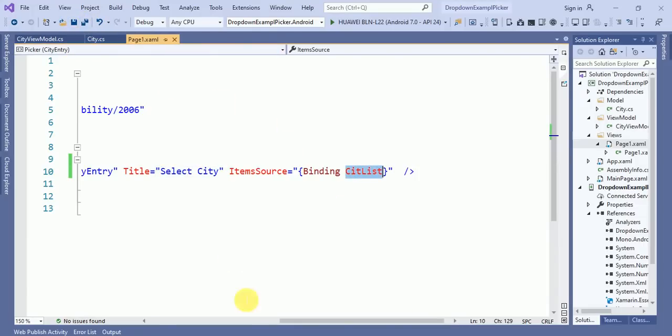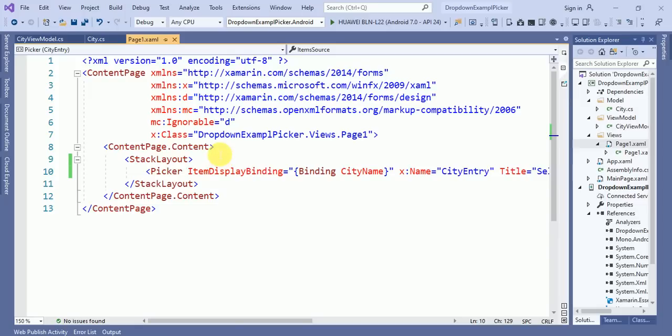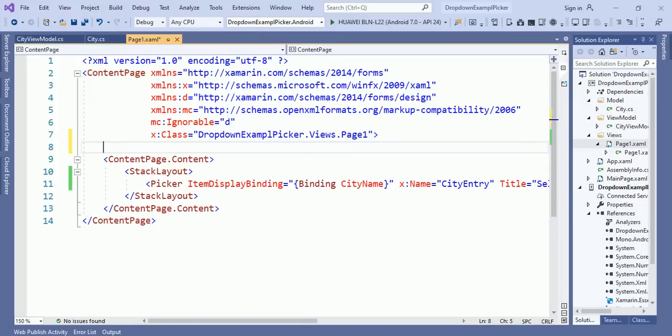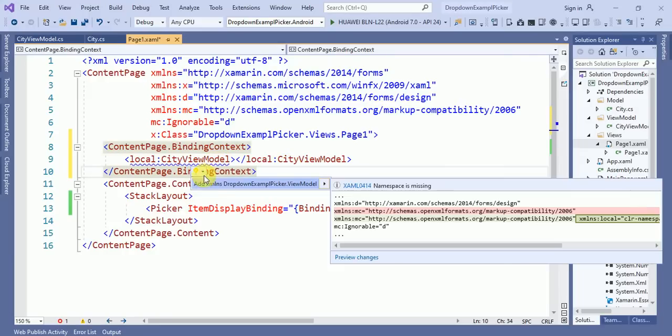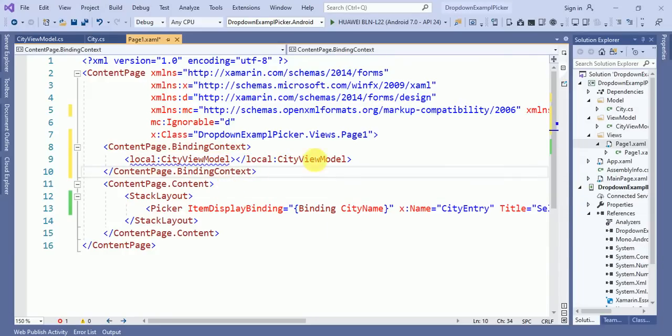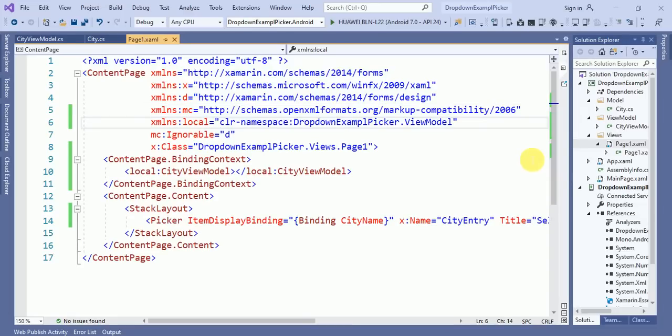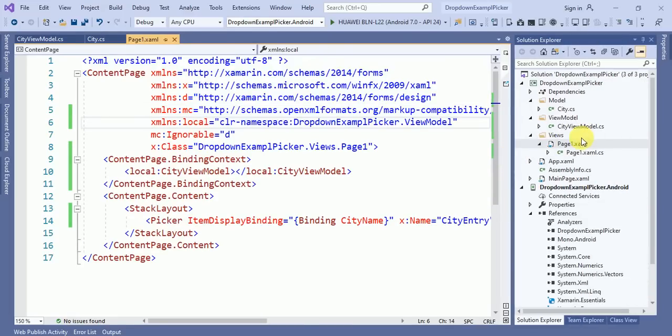Cool. Now one more step we have to do here: we will create a binding context. You have to create that binding context over here, and it will ask you for the namespace. Just click and your namespace has been added. Now let's run this application.